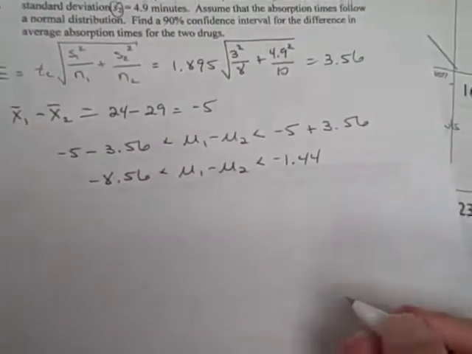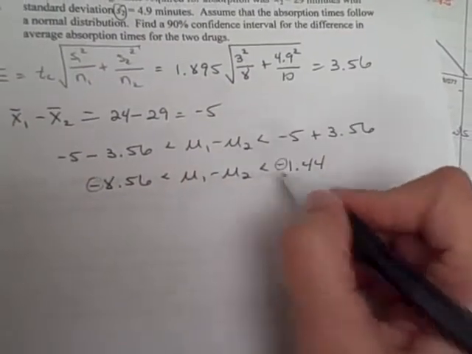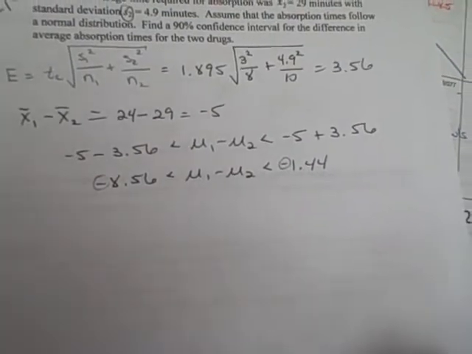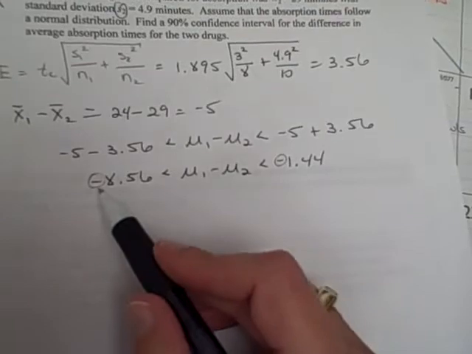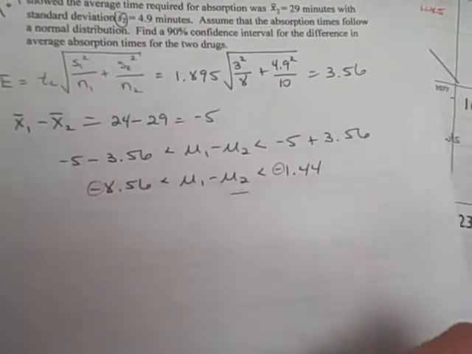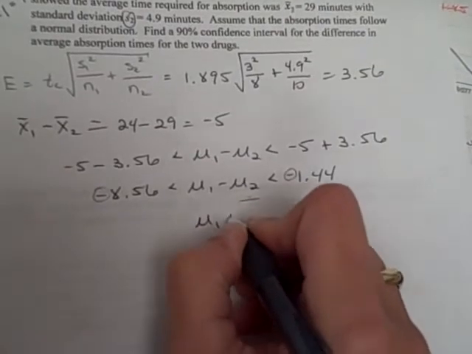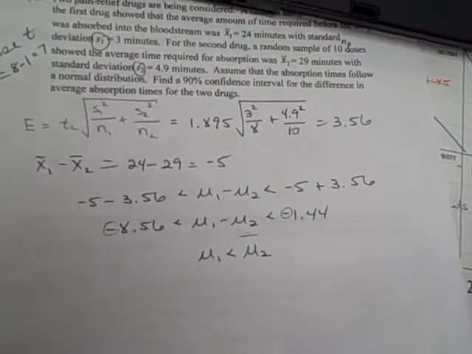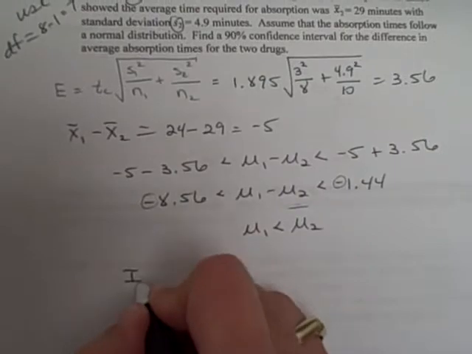Now again, we don't really care about the numbers. All we care about is the fact that both of these are negative. Okay? Since they're negative, remember the answer to the subtraction problem is negative. That means the second value is larger. So we are now saying that mu1 is smaller than mu2. Okay? Or mu2 is bigger than mu1. Right? So when we go to our conclusion, I'm going to say,